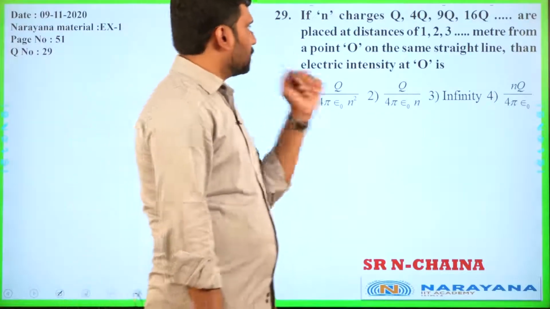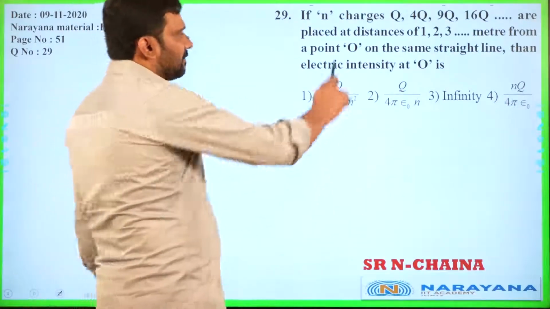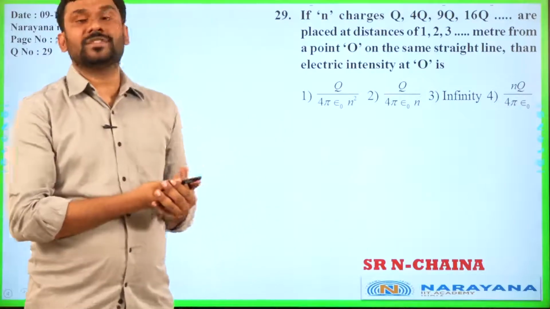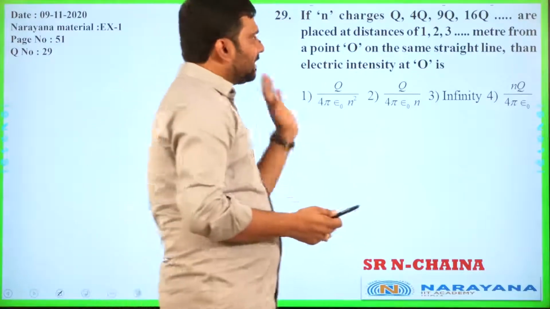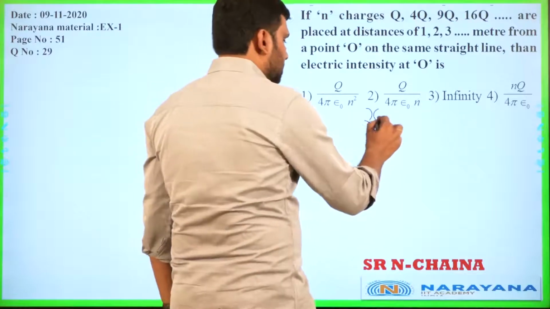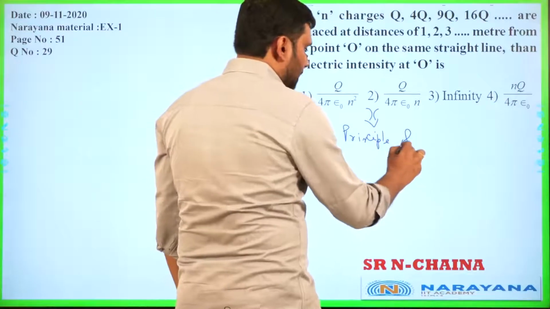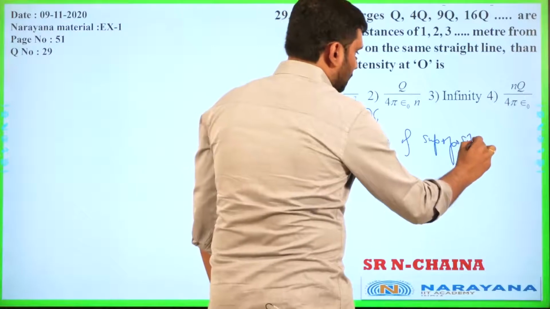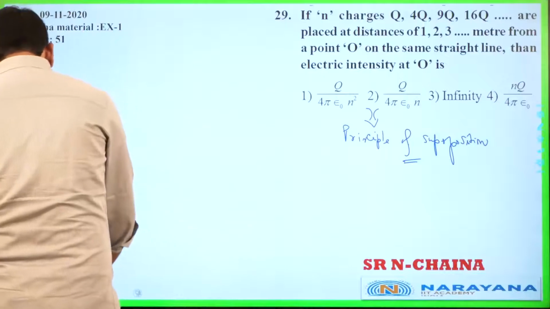Okay. So let us go for the next one. Again, it's a question of series only. It's a very simple thing. So if n number of charges Q for Q, earlier we have seen what? There were equal amounts of charges, but the separation was different. Now here, the charges themselves are different and they are put at distances 1 to 3 meter from O. So again, this is based on the same thing, principle of superposition, alright.